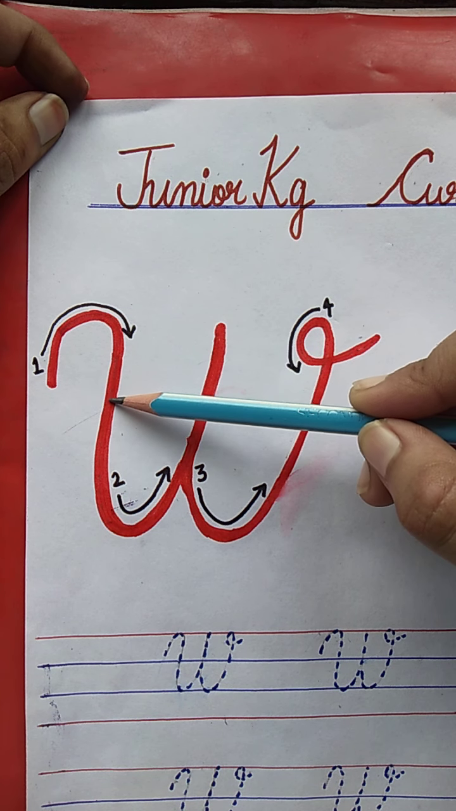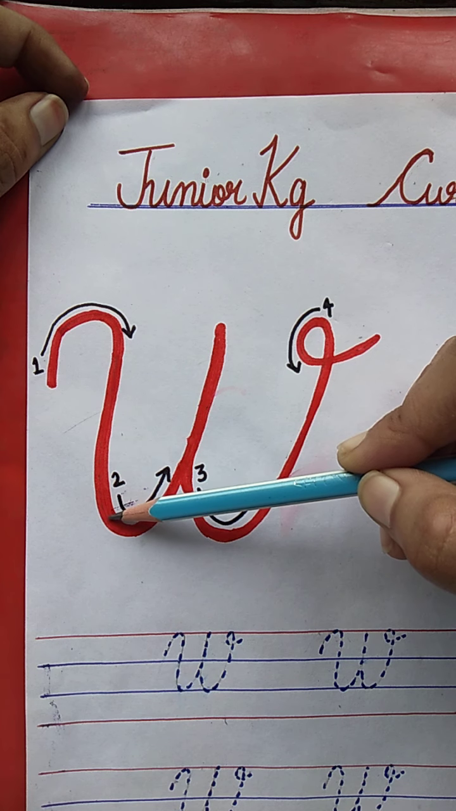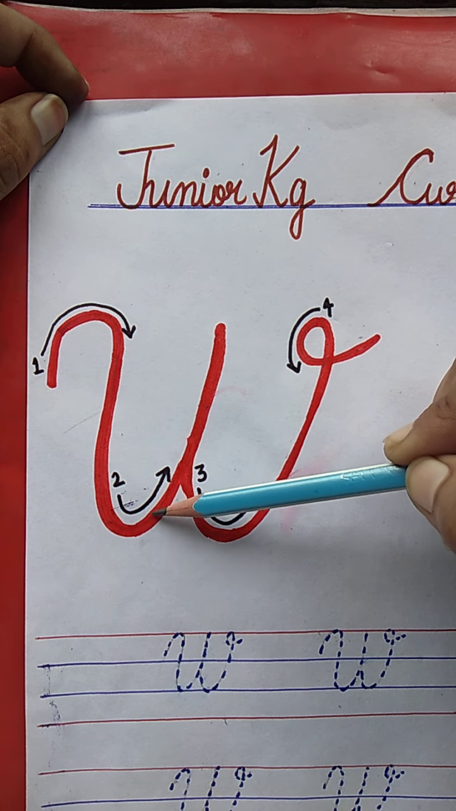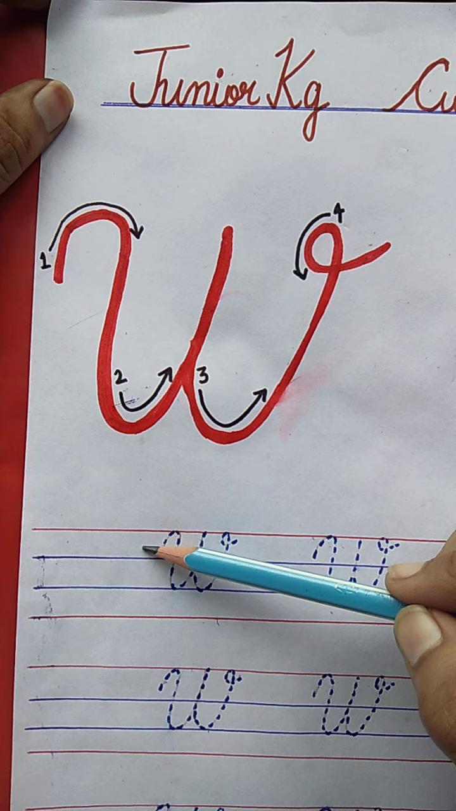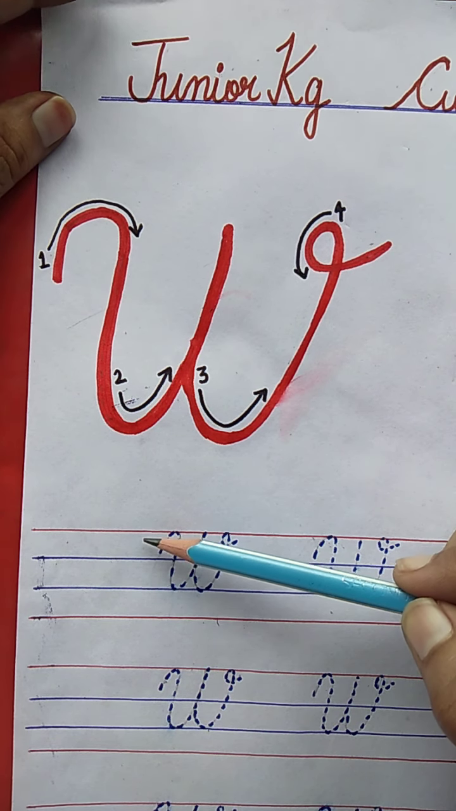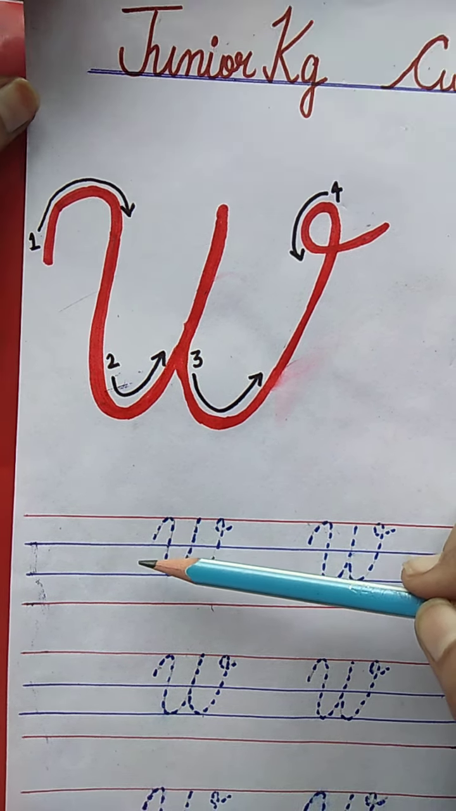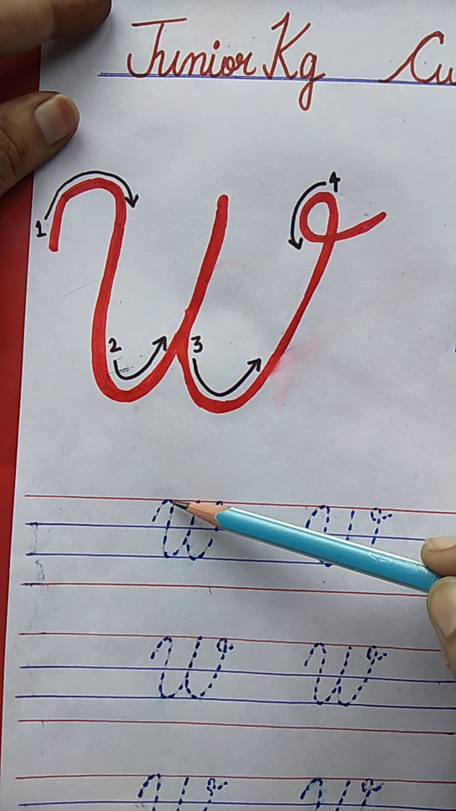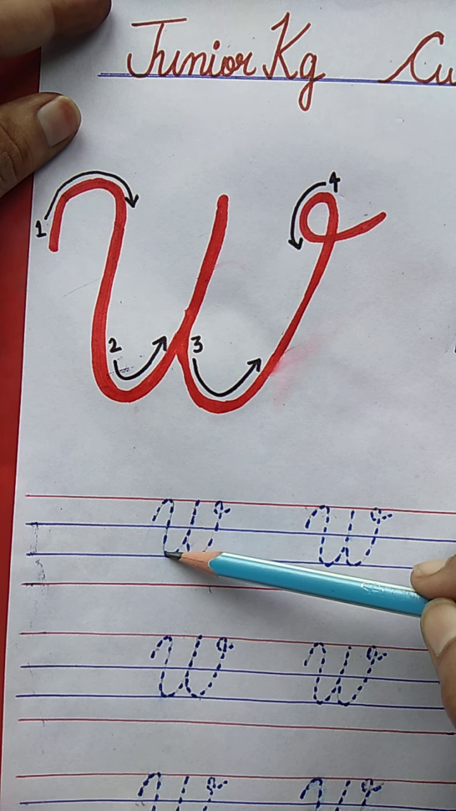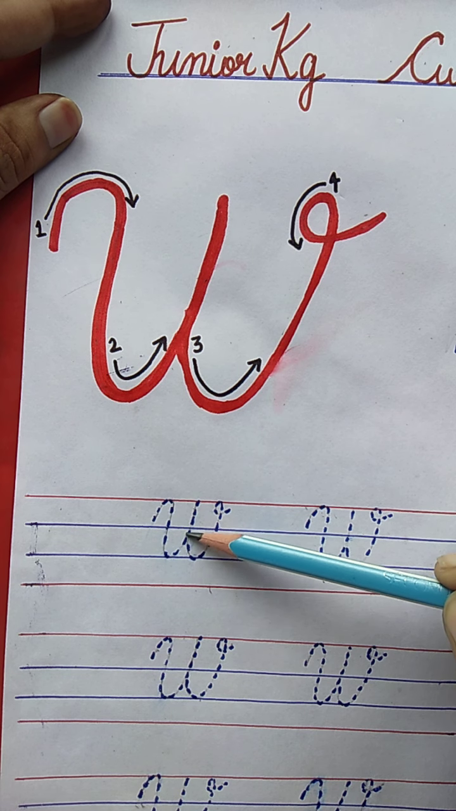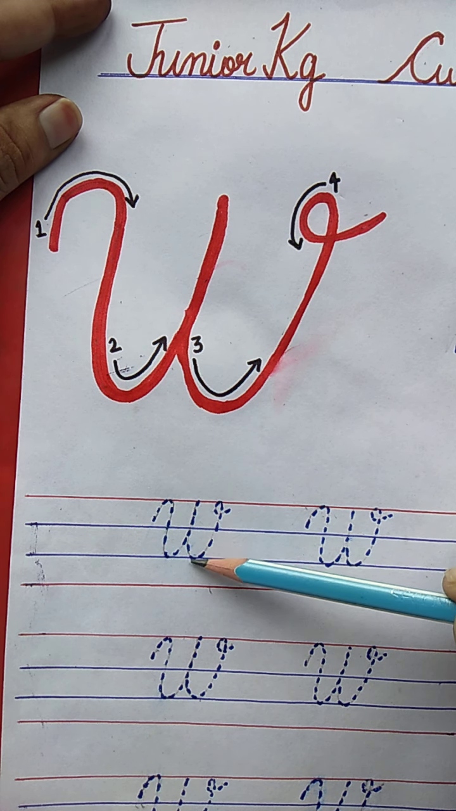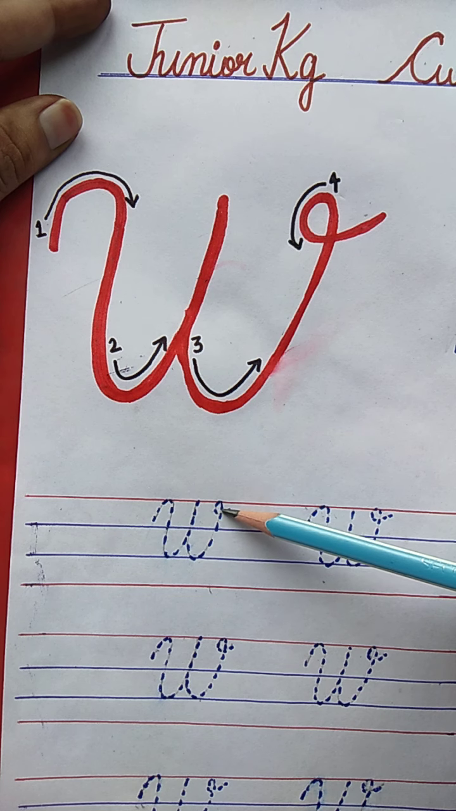Okay. Then you have to draw a slanting line. This is a slanting line. Then again a curve. You have to draw this curve in between the red line and the first blue line. Okay. Now you have to draw a slanting line. See here. This is a slanting line from red line to the second blue line. Then you have to draw a curve. This is a curve. Again you have to draw a slanting line, then a curve, then again a slanting line